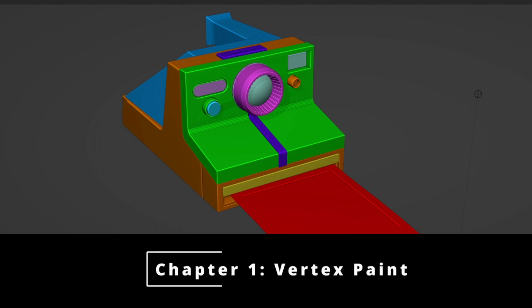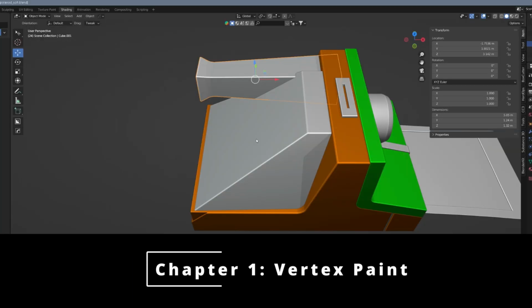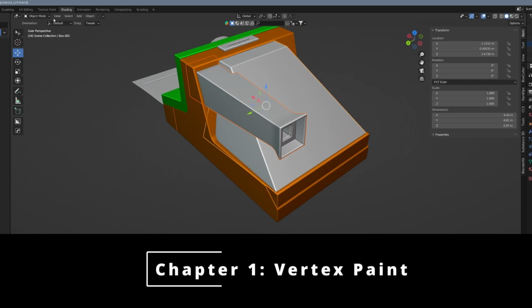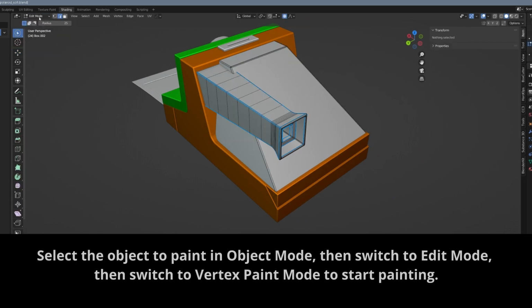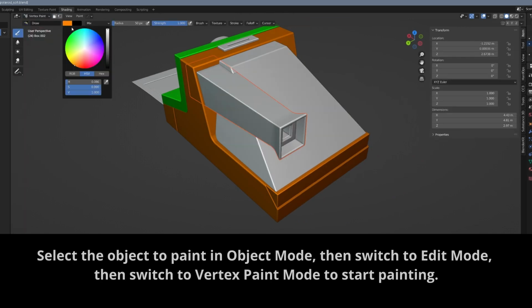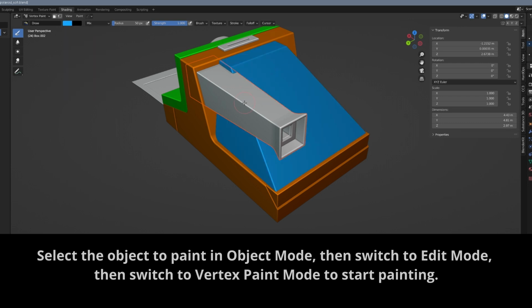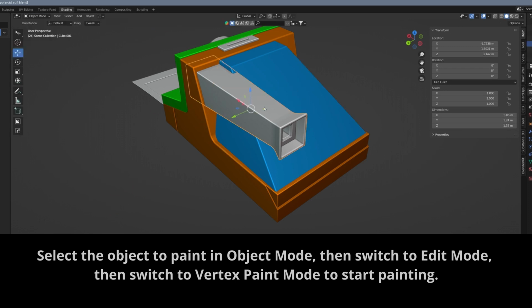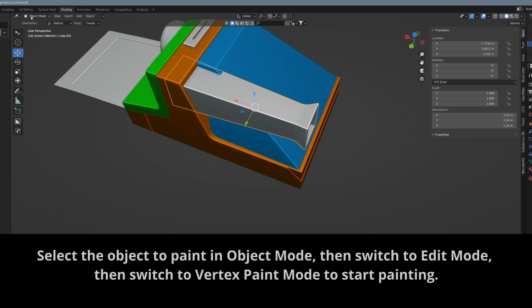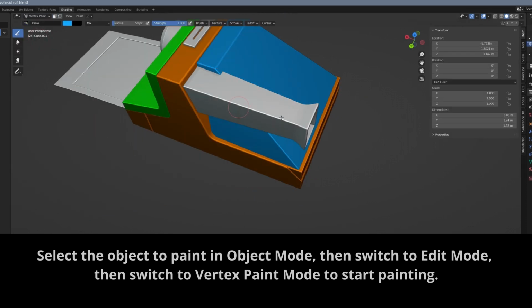Okay, so here we are in Blender. I'm in object mode with the model. Here I was seeing if I could grab two pieces of the model, switch to edit mode, and then go to Vertex mode and color both of them at the same time, which I was unable to do, which seemed odd to me. But anyway, so I click back to object mode, select the viewfinder of the camera,